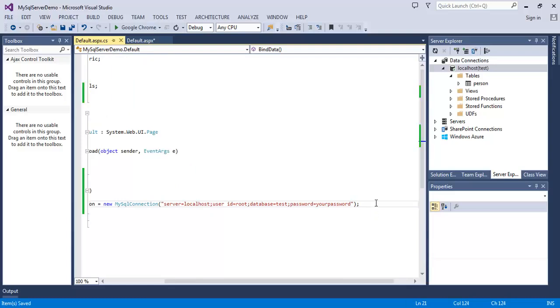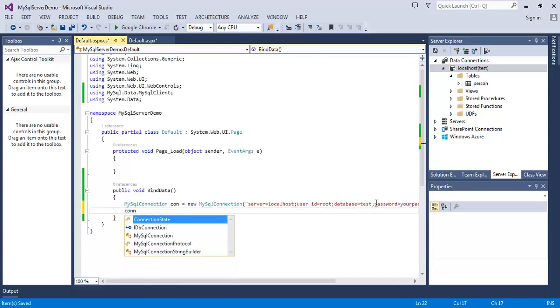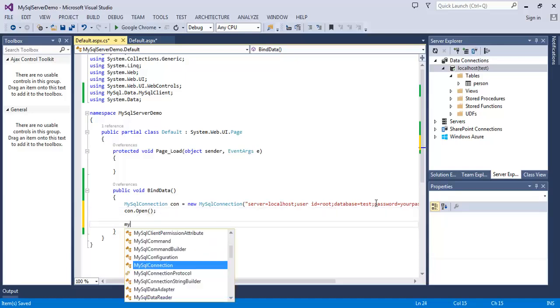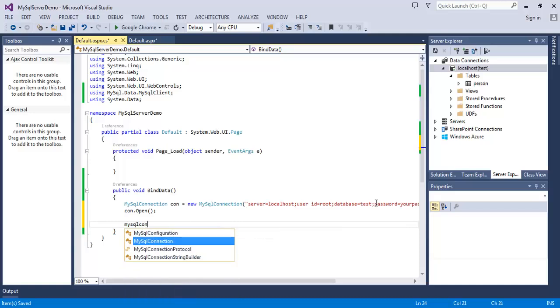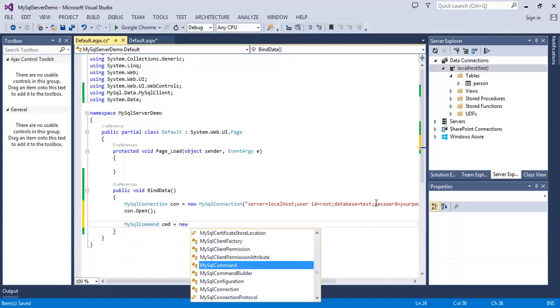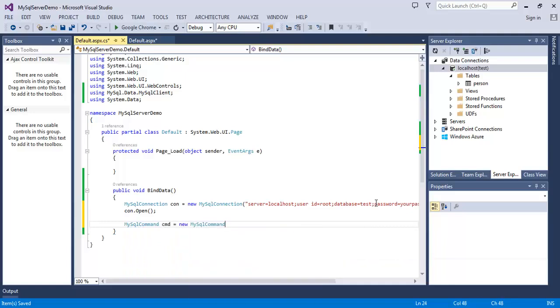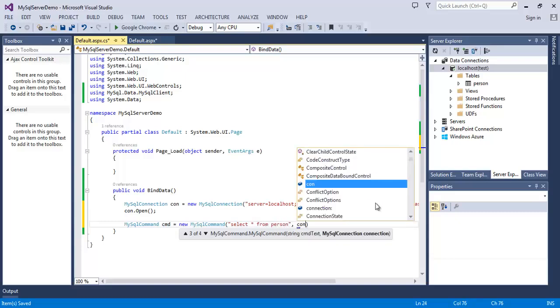Now connection is con.Open. Now MySqlCommand cmd is equal to new command, select all from person, and the connection,